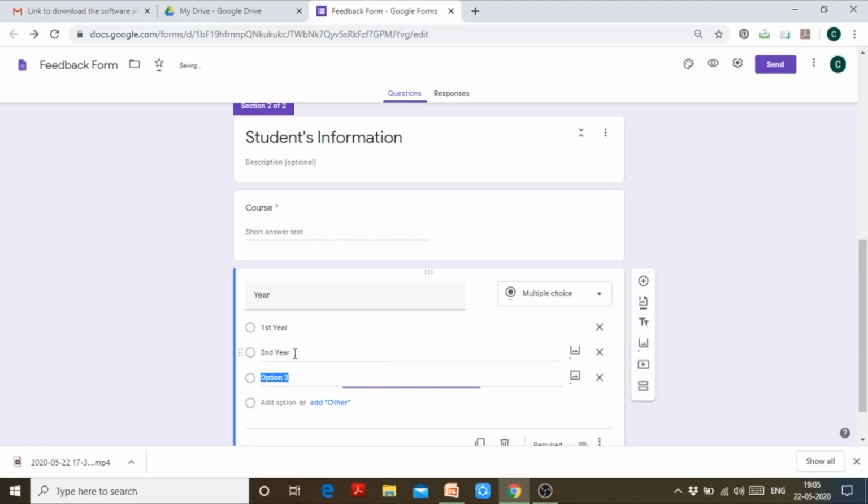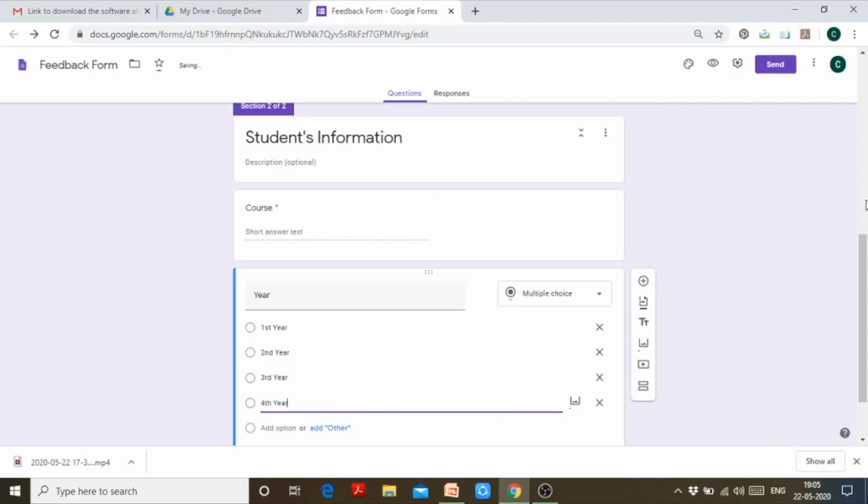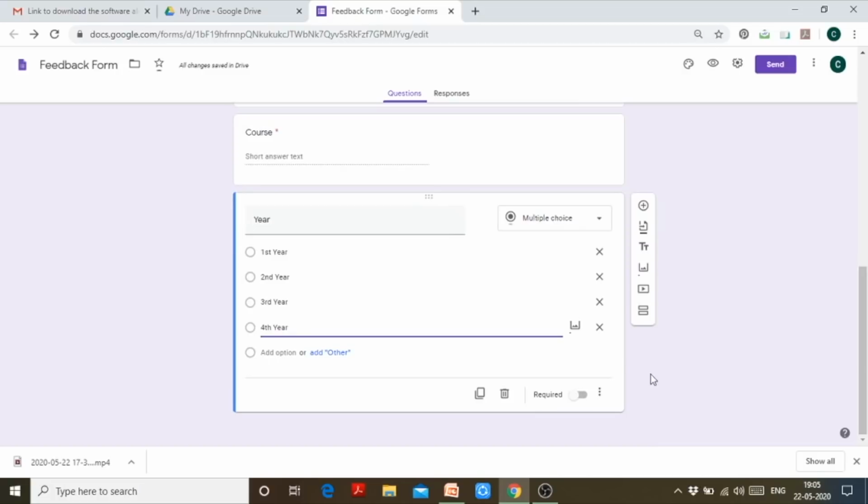So first year, second year, third year, and fourth year. Similarly, I can make this required, right? So this is the section for students.